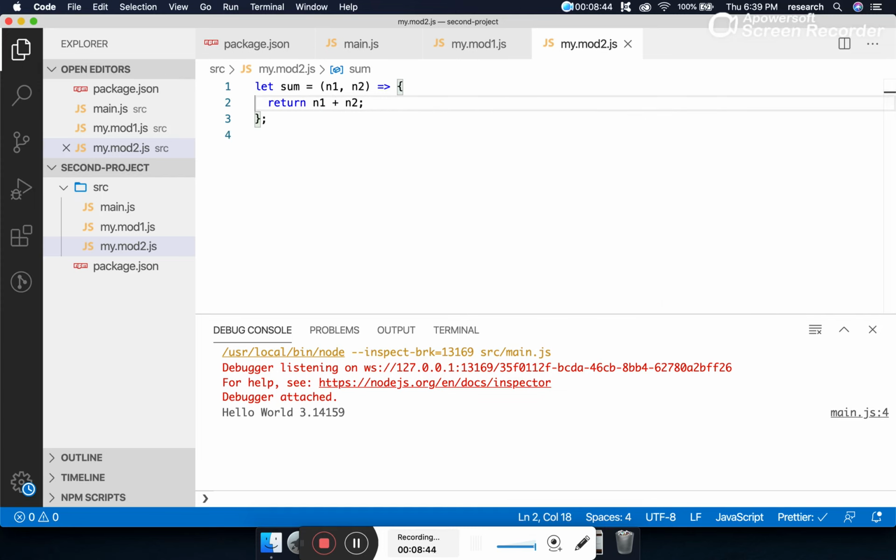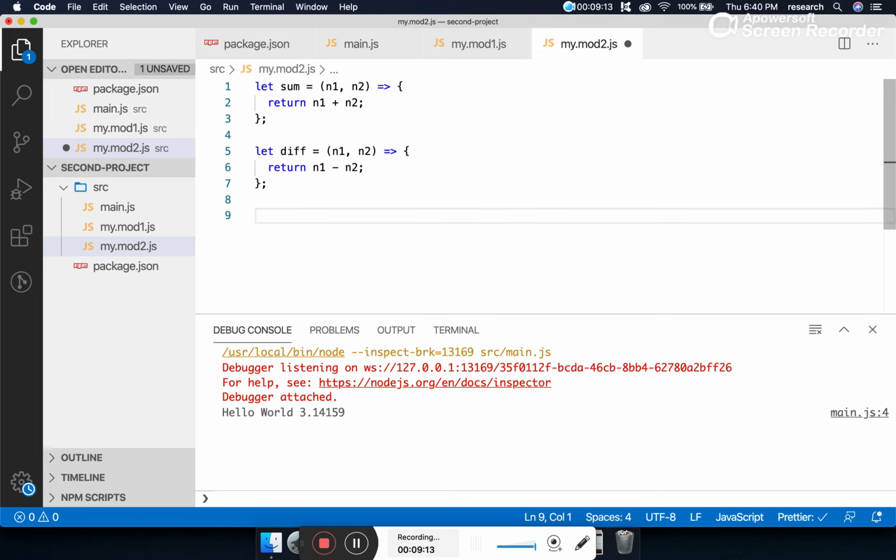Now what do we want? I want to export. How many properties does this module have? There are two properties. But right now, both properties are private. According to the fundamentals of Node.js, both properties are right now private, and no one can access them. We have to make them public. How? By using the module.exports object. That means this module is exporting sum and difference.